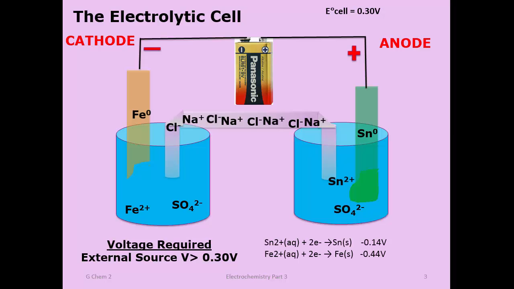Now again, there's a temptation, because we're running it in reverse, to switch the signs, but literally as you're doing it, what you do is you get the voltage from the source, whether it's a battery or an external power source, and you just switch the poles. In other words, you rewire it such that the poles are appropriate, but the amount of voltage is still this greater than 0.30 volts. So a lot of times with batteries, the charges can be a little confusing,